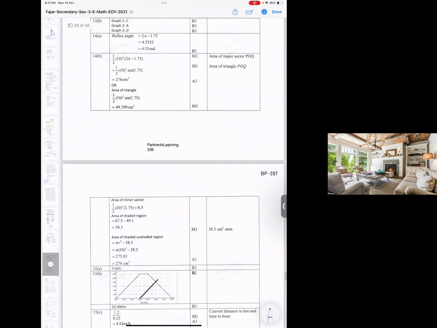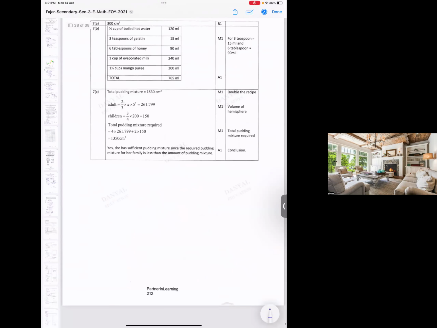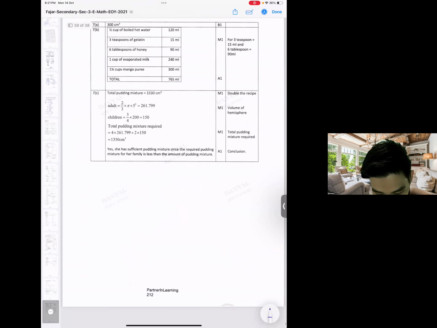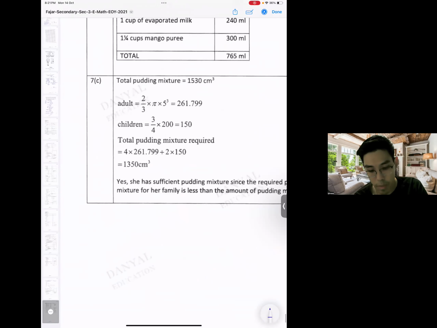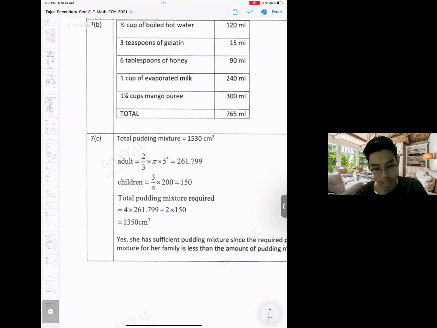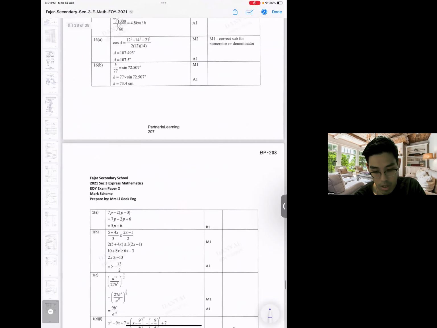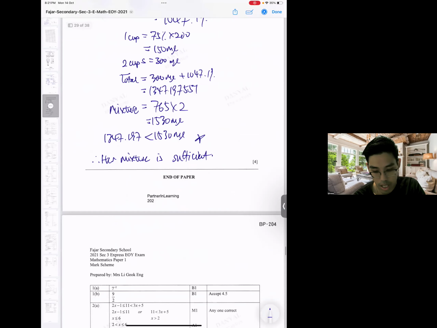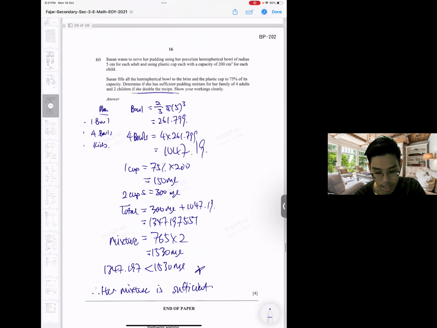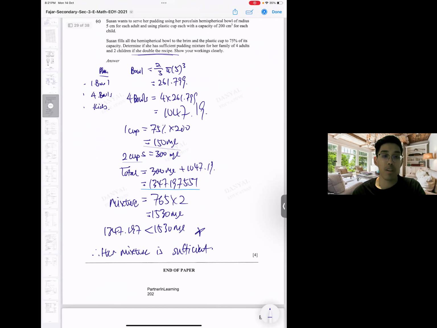Okay, let me just quickly see this. Okay, yes, 1350 about that. So confirm enough. 765 also correct. Okay, very good. Mark 1. I think all is straightforward. Yeah, 765. And then this is 1347. Okay, the answer key value of 1350 doesn't matter. Okay, just the working value is fine.